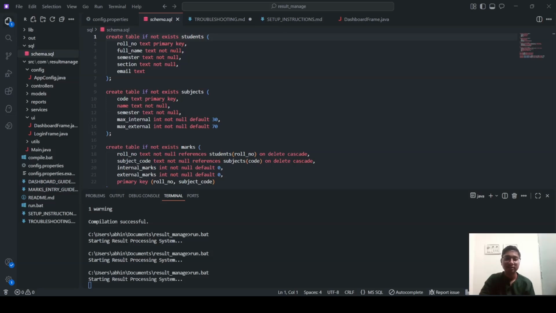Talking about the architecture, I have used Java Swing, JDBC, and Supabase. Let's first talk about Java Swing. It is used to build the graphical user interface. It provides components like frames, buttons, tables, and forms. The application follows an event-driven architecture, meaning user actions such as button clicks trigger specific functions using event